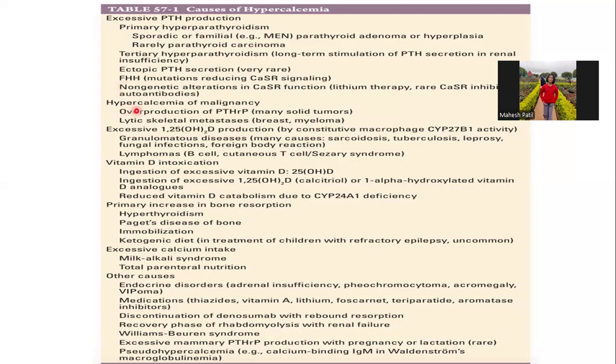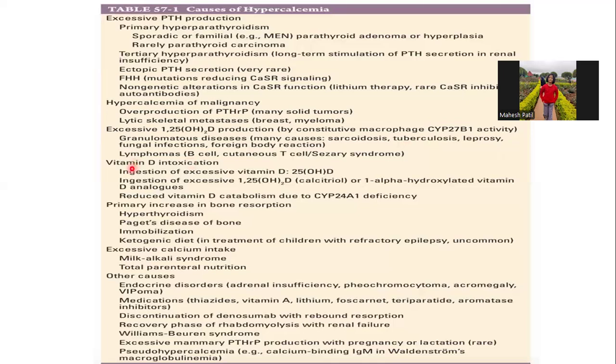Hypercalcemia of malignancy is due to overproduction of parathyroid hormone-related peptide in many solid tumors of the lungs, and lytic skeletal metastasis. Excessive 1,25-dihydroxyvitamin D production occurs in granulomatous diseases like sarcoidosis, tuberculosis, leprosy,